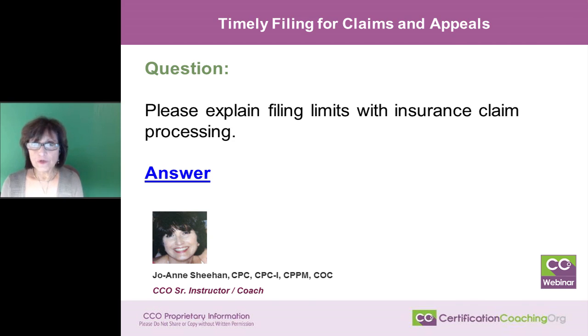Well, as I had said before, this is a question that comes up all the time in coding, billing, and the practice management courses that I work with. So I just thought I'd go over it one more time for the students that had never heard me talk about it before. And it's to explain the filing limits with the insurance claims for the initial claim